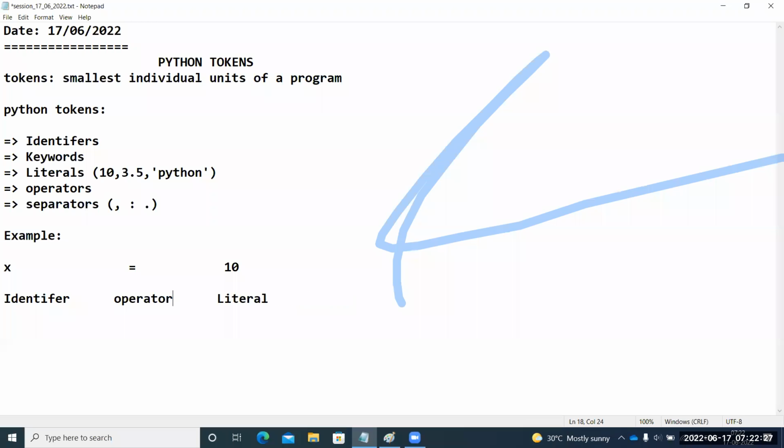Is it clear? You write any Python statement. First step is it will remove all the white spaces and all tab spaces. Then it generates the tokens, guys. Python interpreter will generate these tokens. Understand? Any statement, the tokens are only these 5. It belongs to any one of these categories. Understand? That's what a token is.